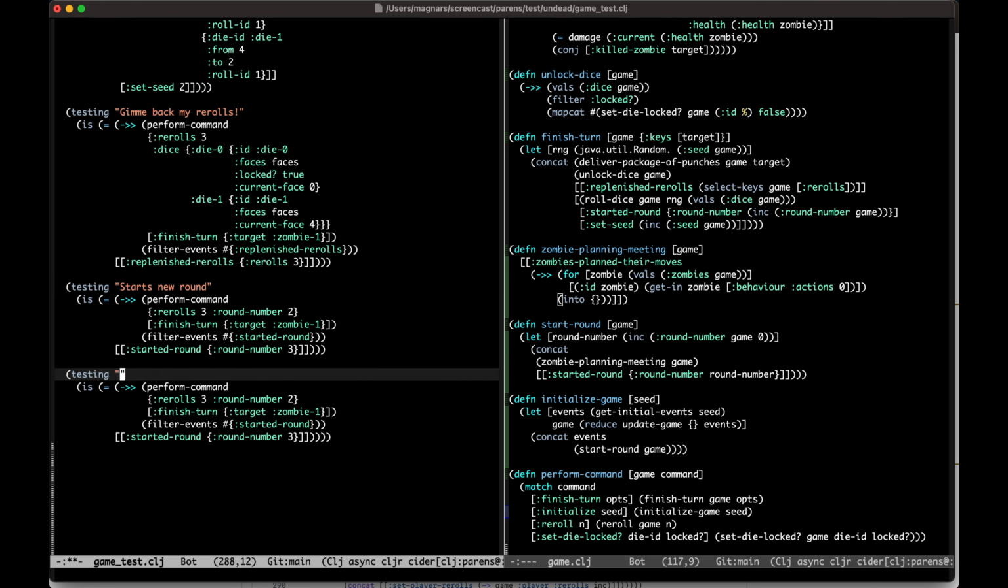Okay, I have a great name for this. Replants the zombies. That's a great name, I agree. So it has round number. I want it to be round number 1, so it can turn into round number 2, and then